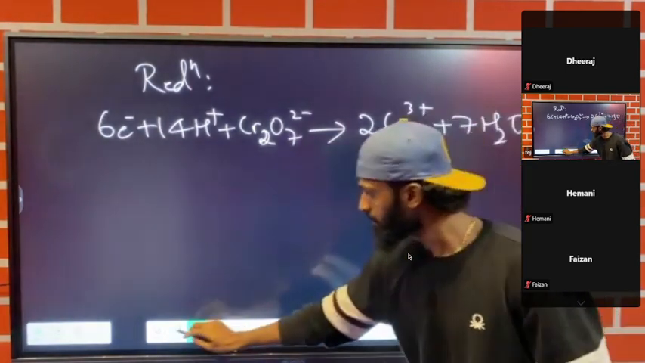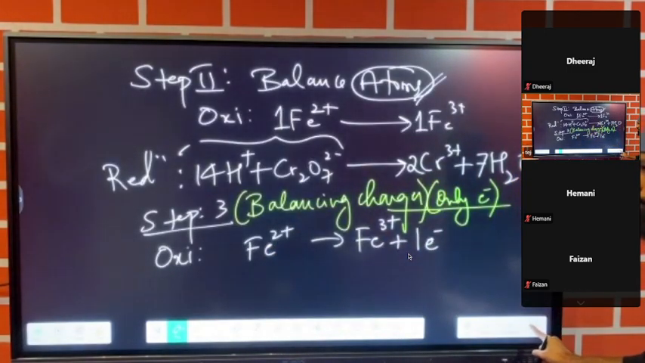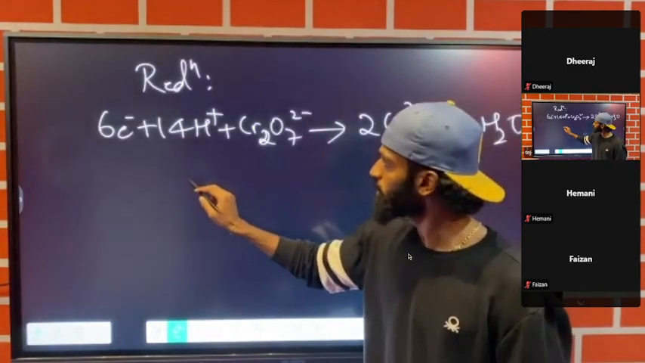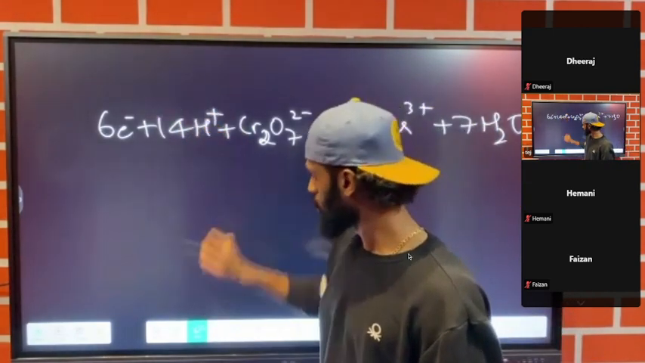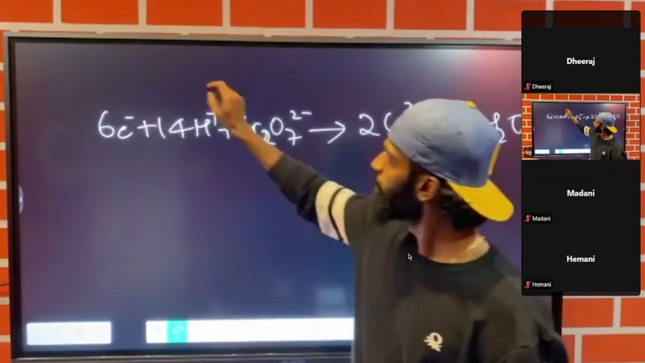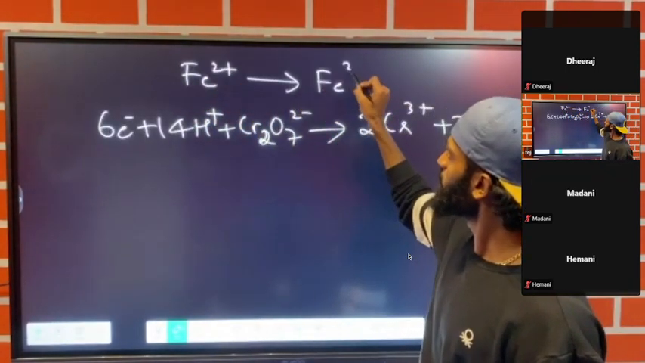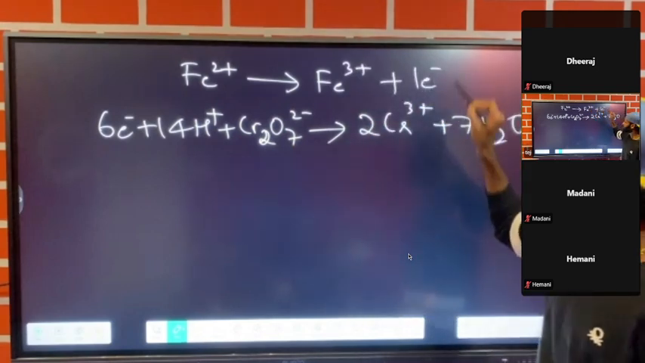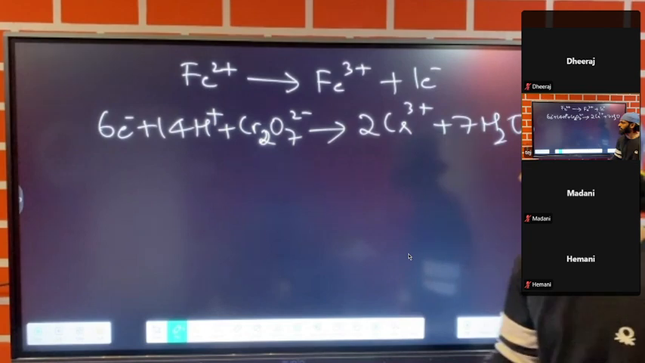Okay. I'll copy this here. Oxidation half. On top I'll copy: Fe2 plus gives you Fe3 plus 1 electron. Step number 3 is done. Now step number 4 is very simple. Step number 4 is